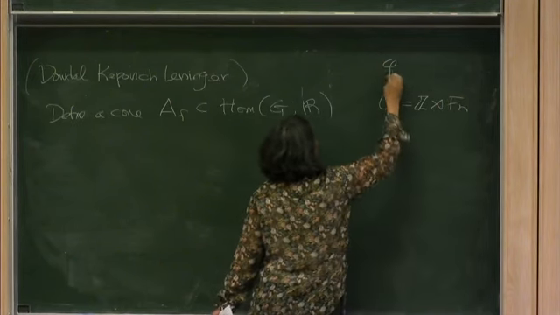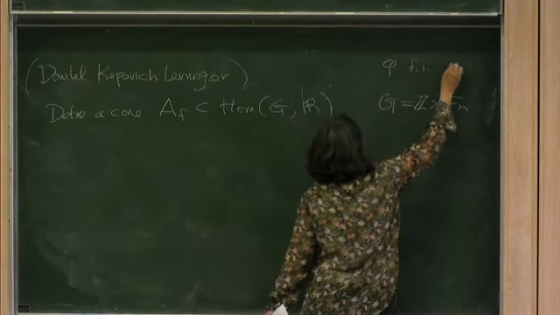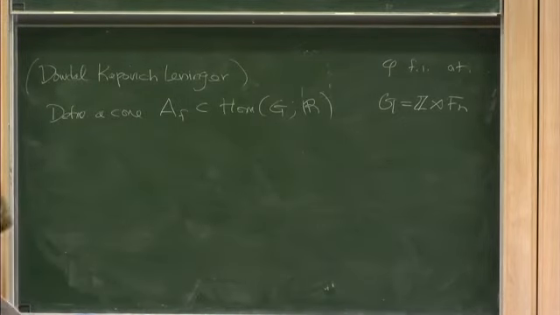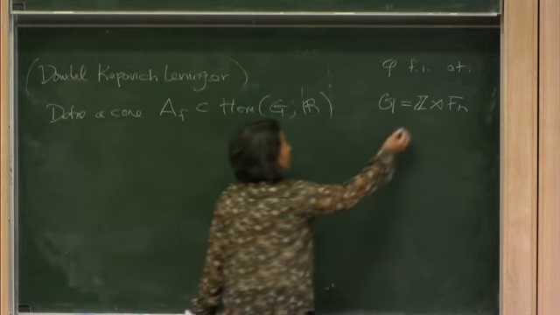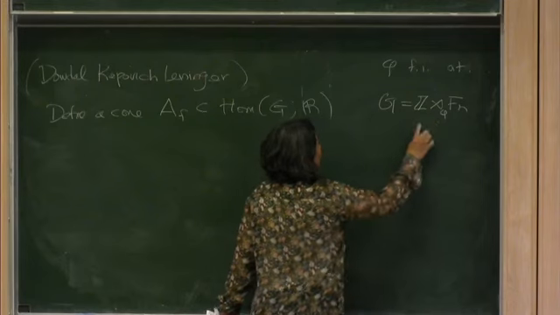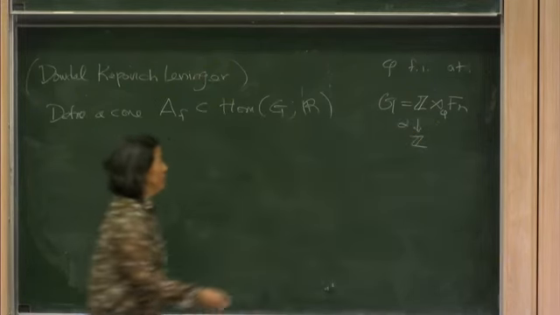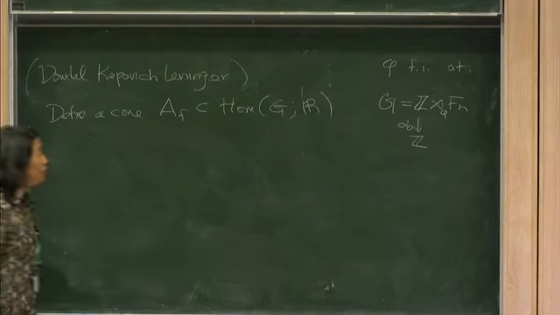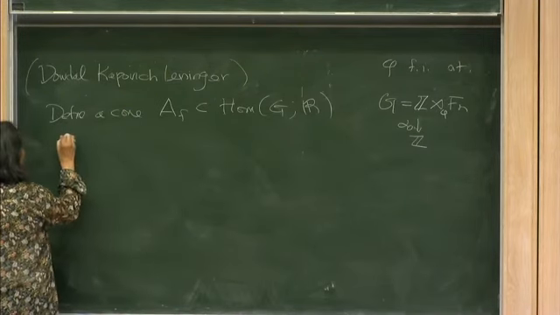We're assuming that C is fully irreducible and atoroidal. Then they define a cone in here, which contains the natural map from G to Z coming from that decomposition,